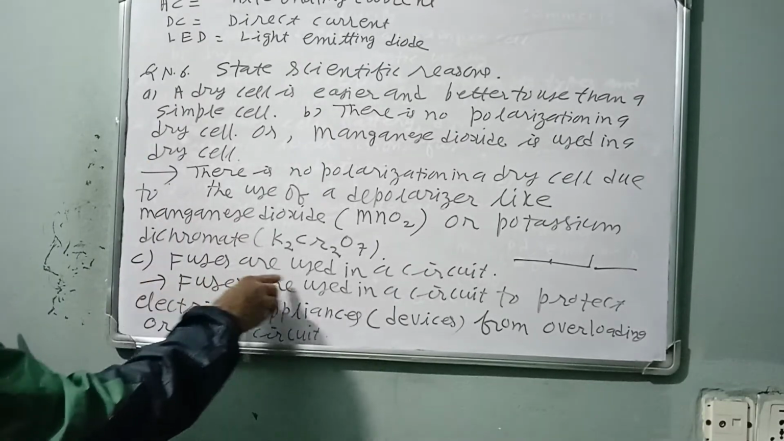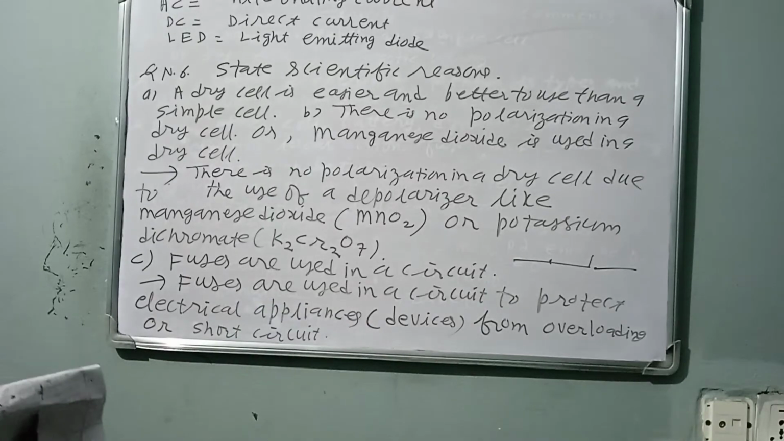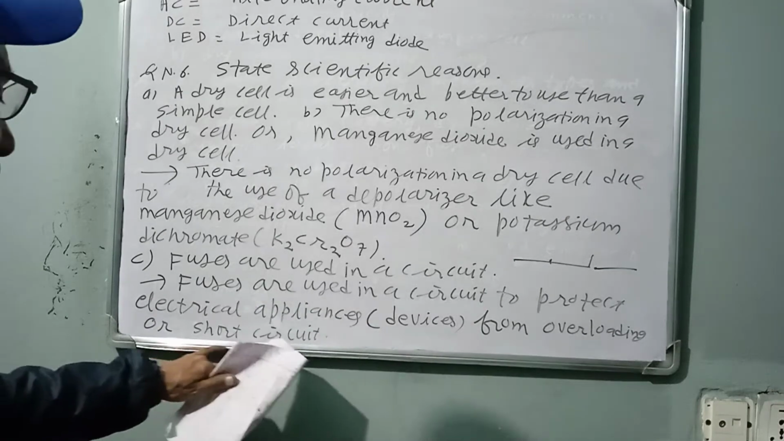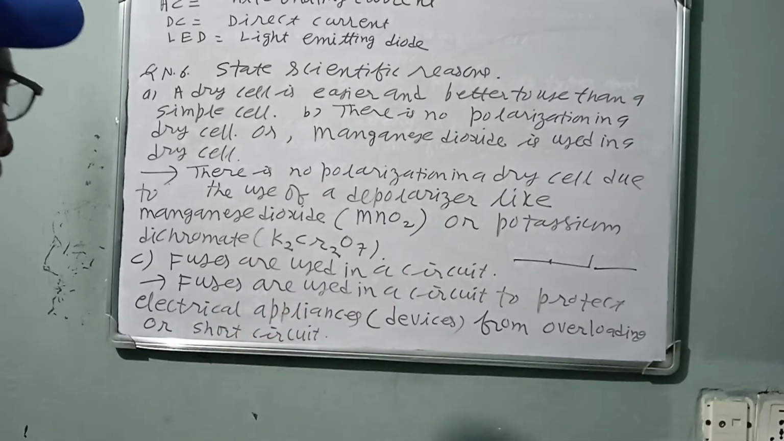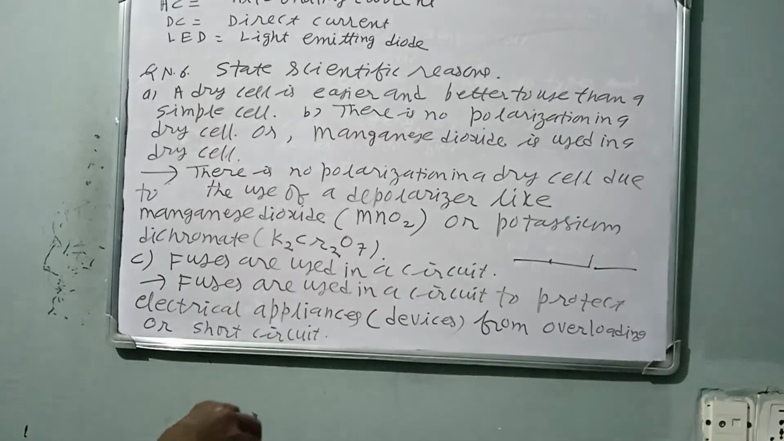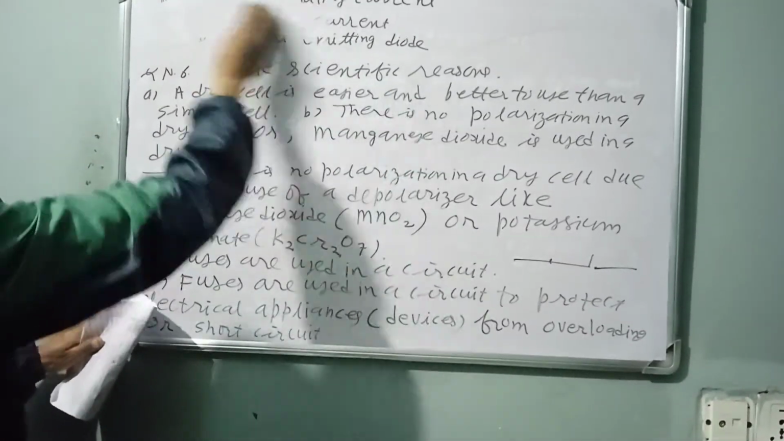Question number C. Fuses are used in a circuit to protect other electrical devices or appliances from overloading or short circuit. If a lot of current comes, it melts by itself and saves the others. Question number 6 scientific,